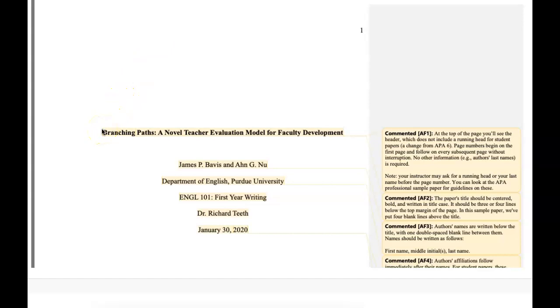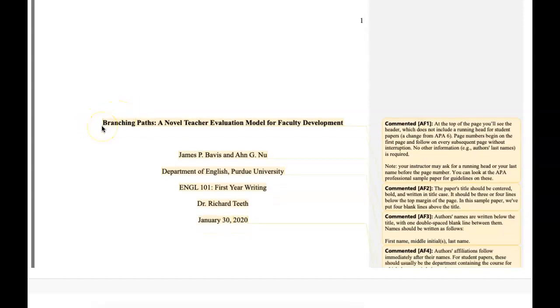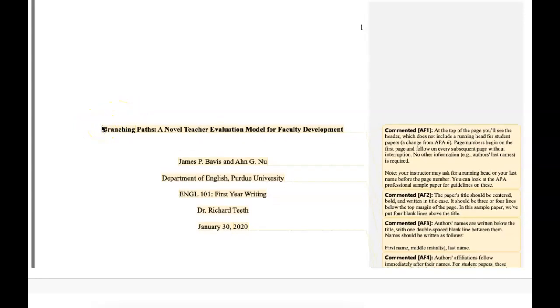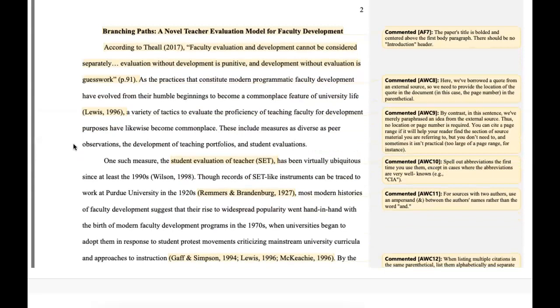So I opened with a reminder that there are sample papers available in the course, and this is a student sample paper. The only exception is this does not include an abstract. We have to include an abstract in our paper, so make sure to include that along with the way this should look. So you have your title page, of course, you have your body of your paper with your references